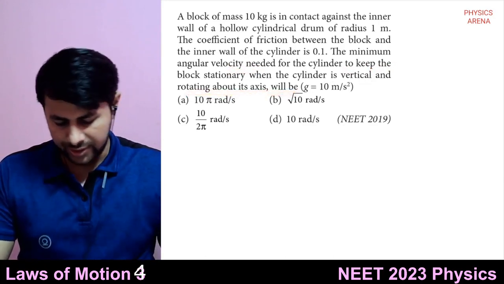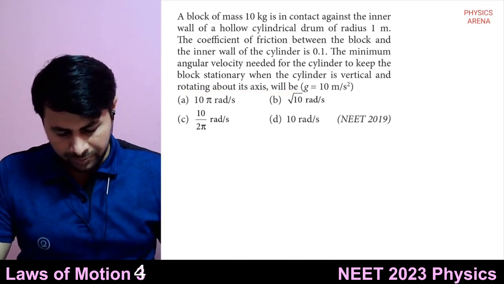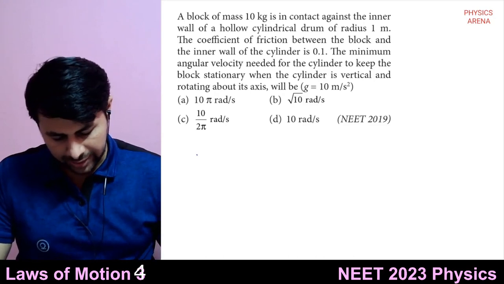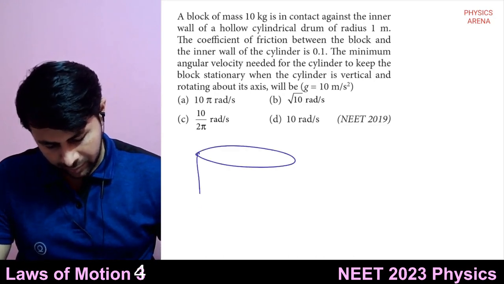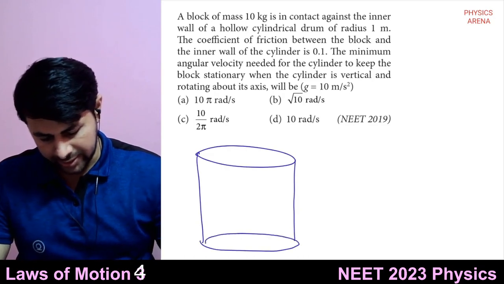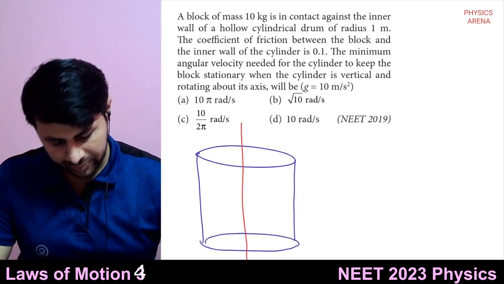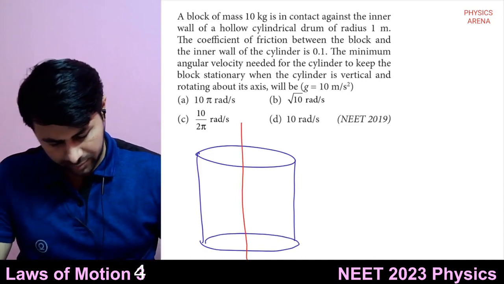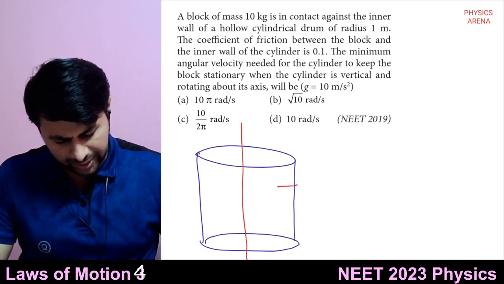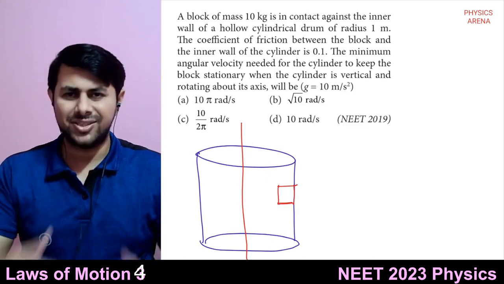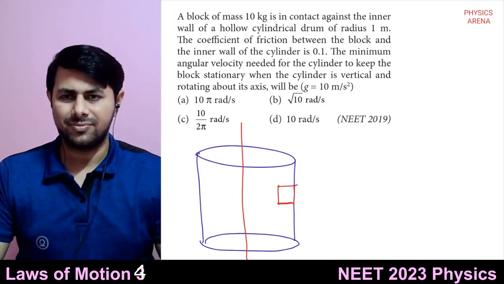So see, there is a cylinder like this, rotating about an axis passing through the center, and there is a block of mass m,